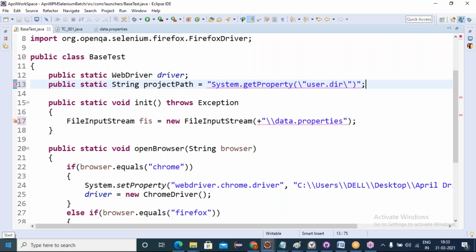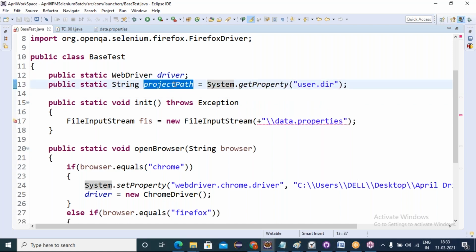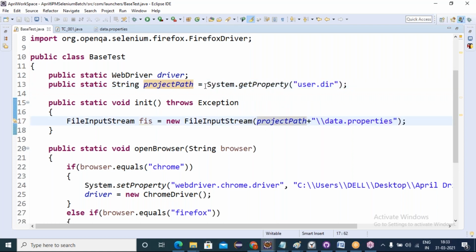I'm storing System.getProperty("user.dir") into that variable. I give this variable as a prefix instead of typing it everywhere. Just store it in a String variable and give projectPath concatenated with the data file. So I have informed where my data properties file is.